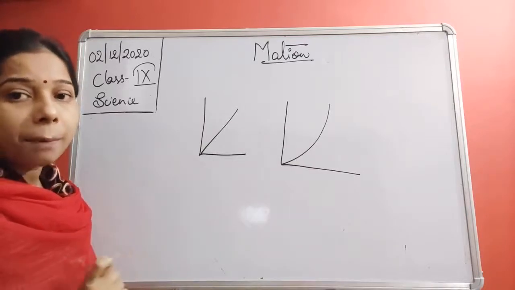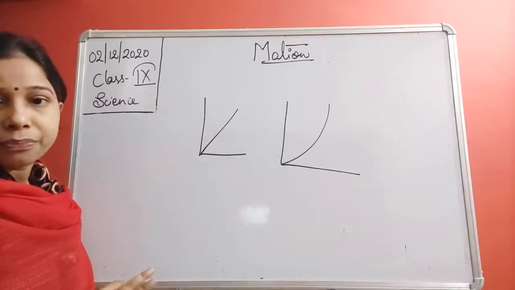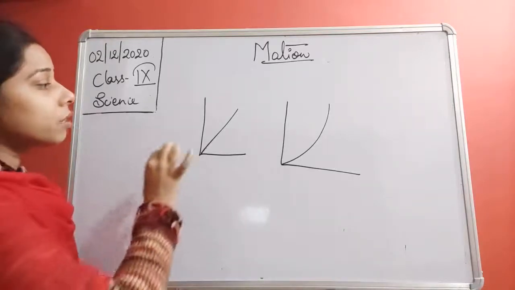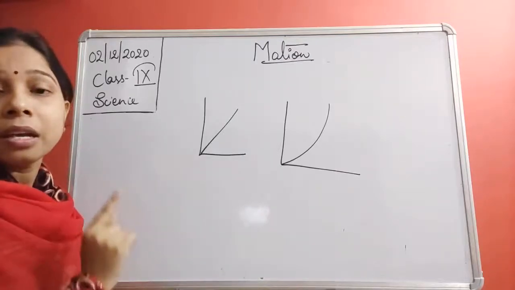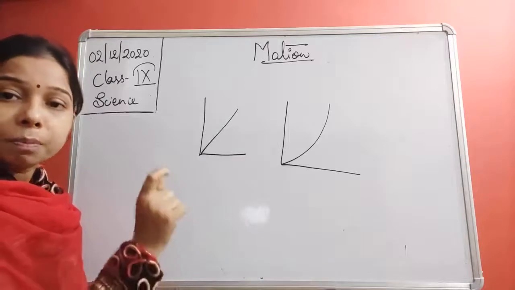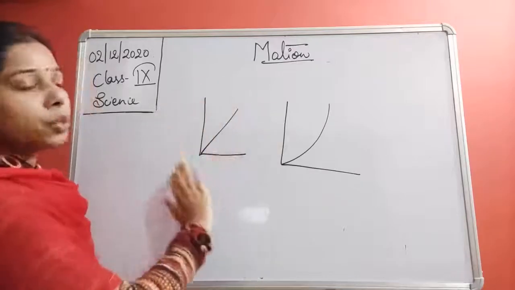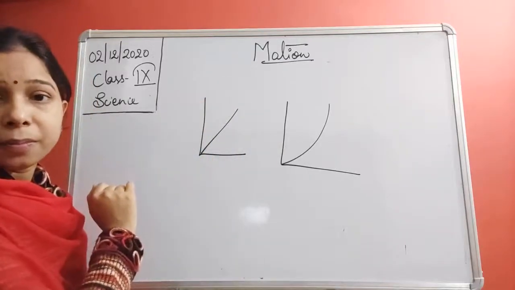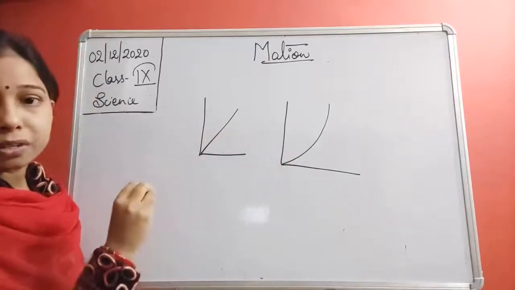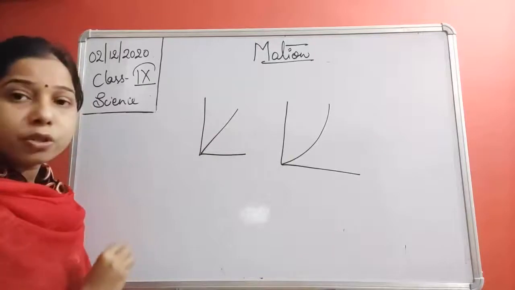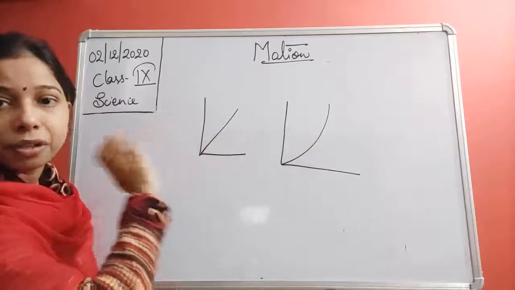Now the same thing applies to the speed time graph or velocity time graph. There, if we get a straight line, it means the object is moving with uniform acceleration. It means it is changing its speed by an equal amount in an equal interval of time. So ultimately, it will give us a uniform acceleration. Here, if it is changing speed by unequal amounts in equal intervals of time, then it will show a non-uniform motion, and non-uniform motion will be shown by a curved line.